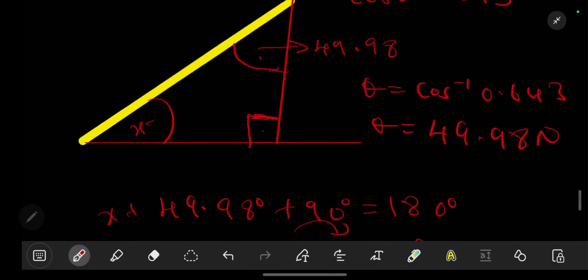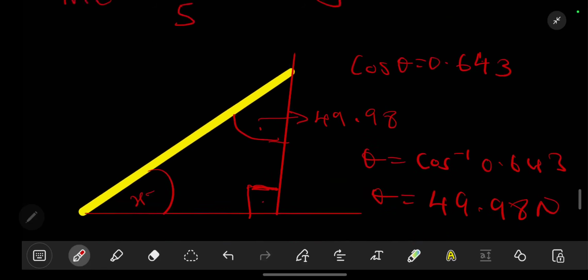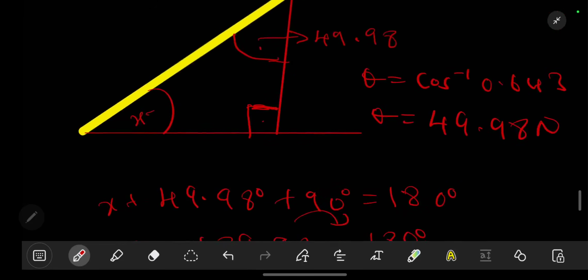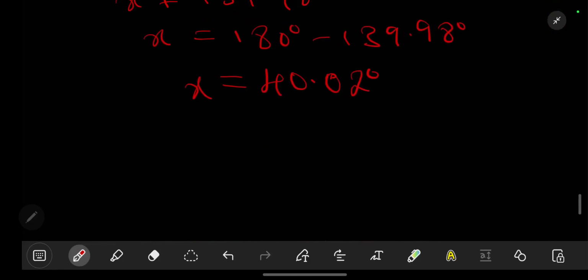So that means to say the angle here is 40 degrees. So we have found that much. Let's now deal with the other remaining parts. We are also told to calculate how high up the man can safely climb if the static friction between the ladder and the floor is the tan of 20. So the tan of 20, that's the coefficient of static friction. So the tan of 20 is equal to